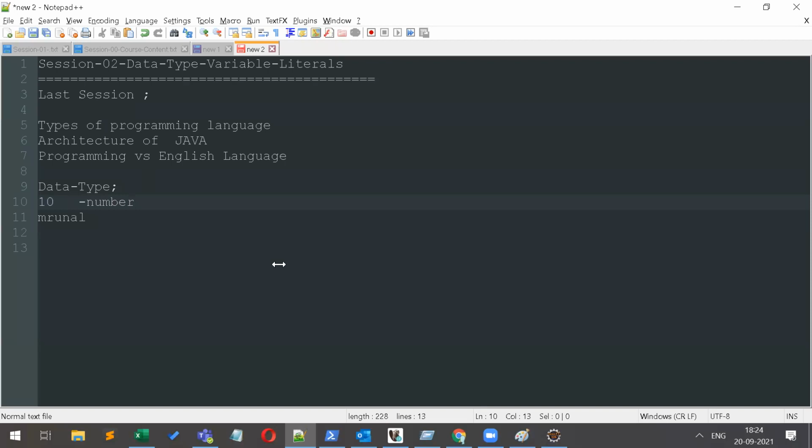Then next, Tanu, is this a number, or what can we call this? Integer. No, this one, whatever I have written. This is a character. Yeah, you can say character. Okay, so these are the data types. So why do we use data types?